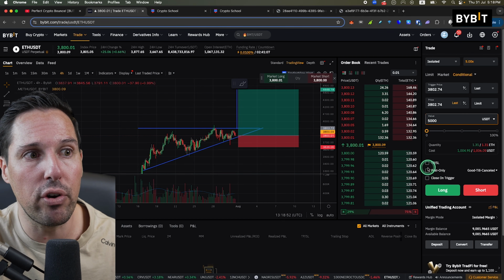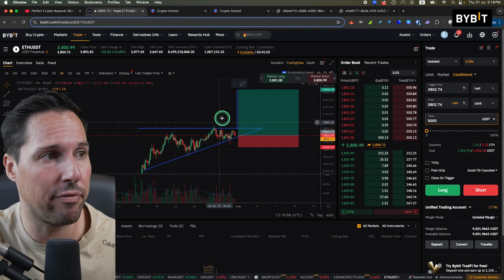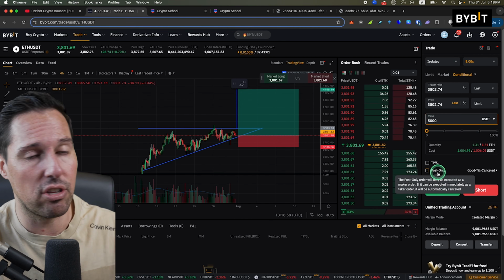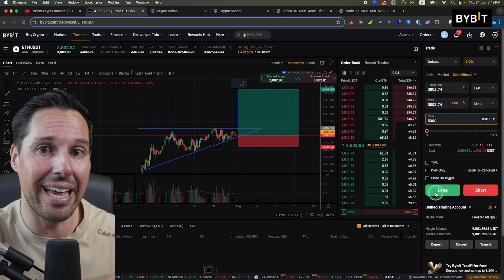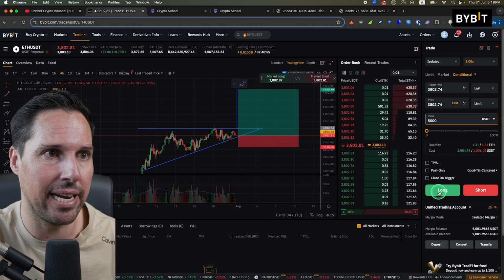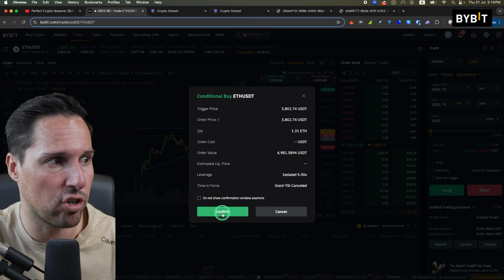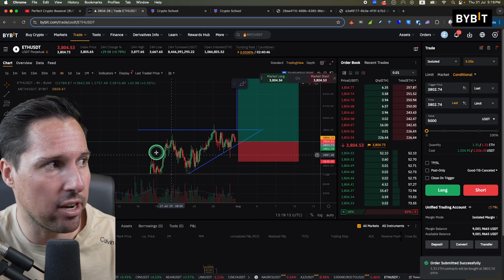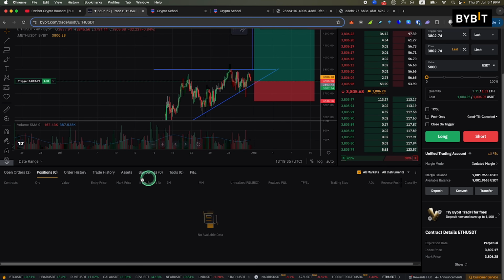You can either pre-fill your TP, which is your take profit, and your stop loss, which we've pre-planned. Or if you want to get into the trade really quick, you can just click buy or long, and then we can re-add those levels in a moment. So let's quickly long over here so we can get into the trade. Everything is shown over here, and there you go. Our orders are waiting for price to wick into that level. So you can see over here, there's no position yet, but our order is resting,